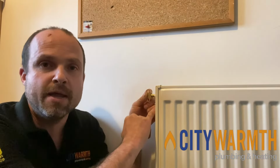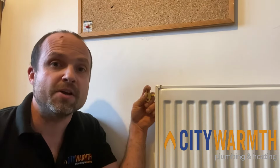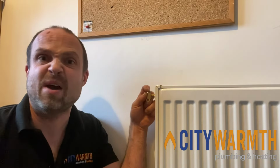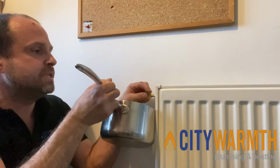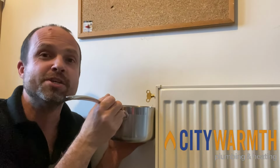On the bleed point there will be a small little nozzle somewhere that the water will come out of. Maybe a little hole underneath, maybe one on the side. Find that little hole and try and direct it if you can towards the saucepan or the container, or put the container where that's going to shoot out. Get your container ready, open the bleed point, open it to the point where water will start to trickle out, and then when you're there you're just going to want to leave it there